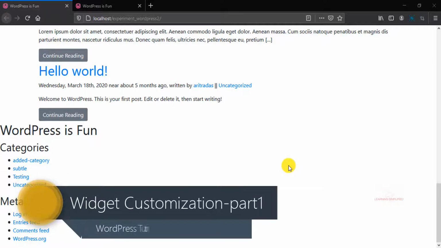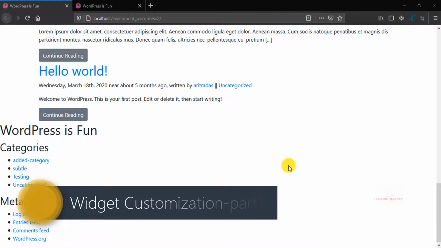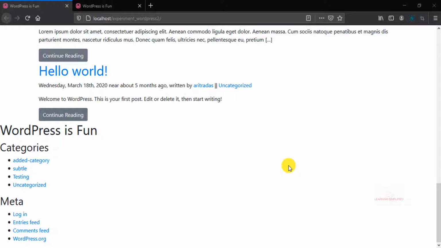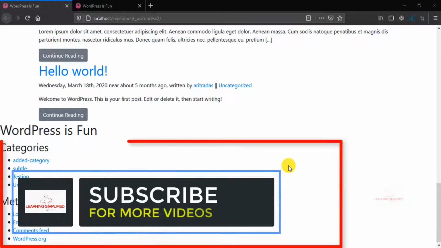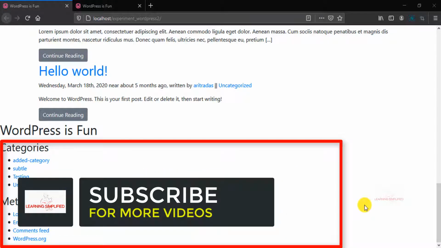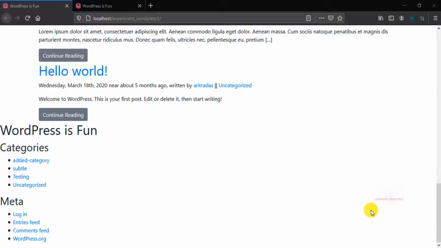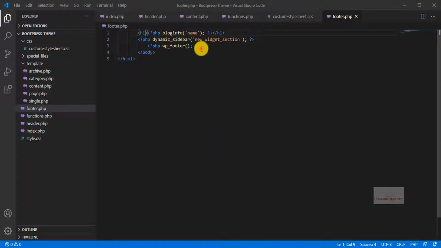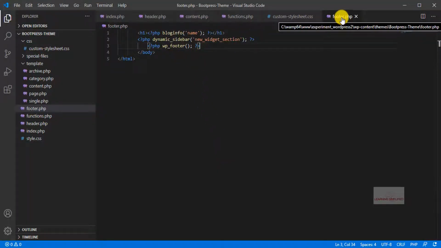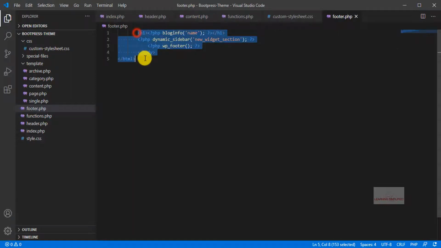In this tutorial, in the almost final part of this whole tutorial on WordPress, we are going to customize the WordPress widget part that we had created earlier. So this is what we are going to do in this tutorial. Stay tuned. In the very first case, in this footer section, we can see that this is the code